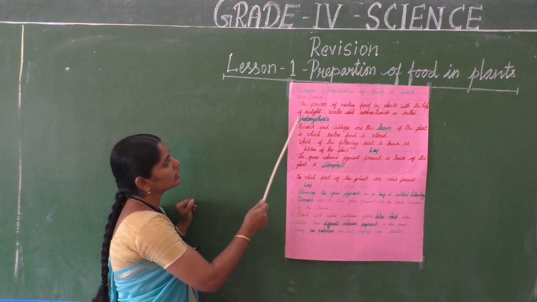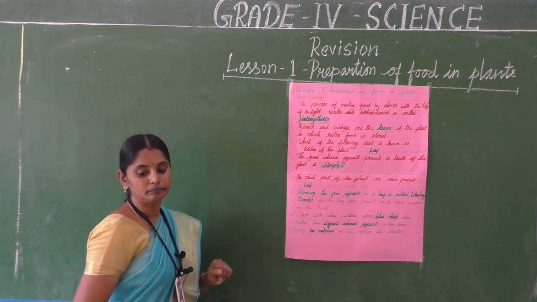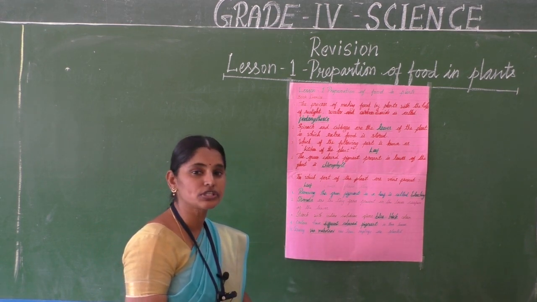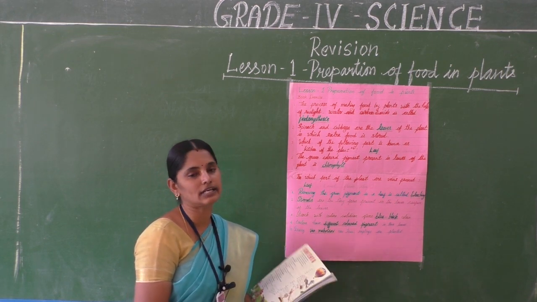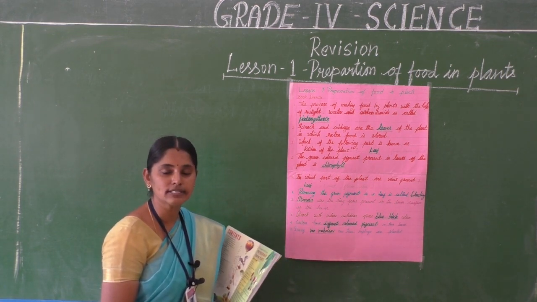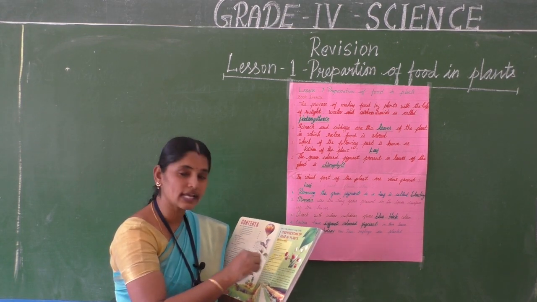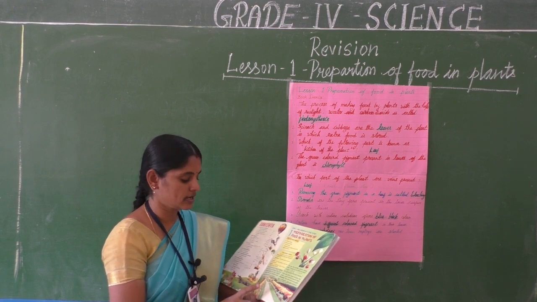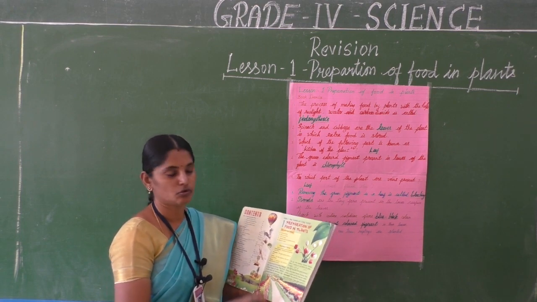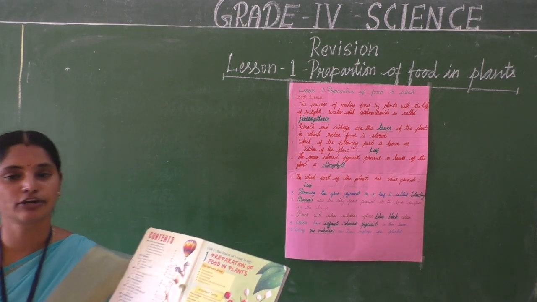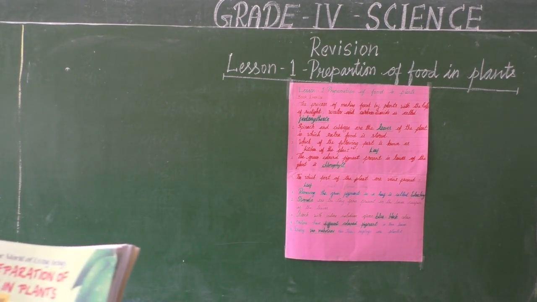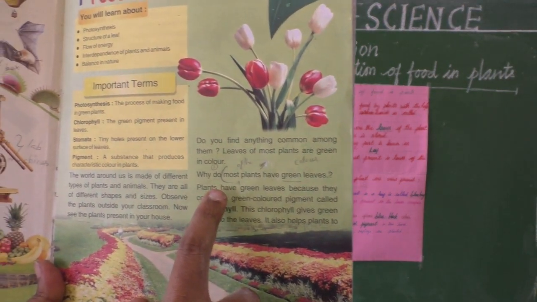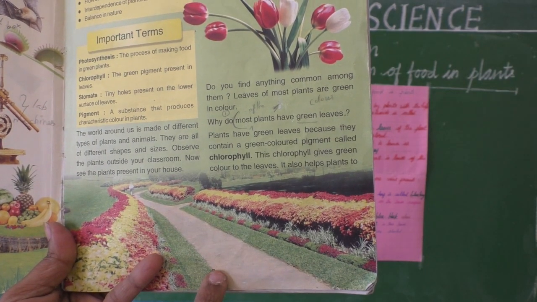Okay. So here in this lesson, what are the questions asked in between the lesson? First we are going to revise the questions inside the text. Clear children? So you take your book, page number 3, where the lesson title is given, no? Take that area. Okay, clear children? Here you take this part, book page number 3.